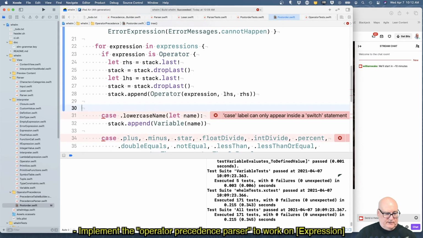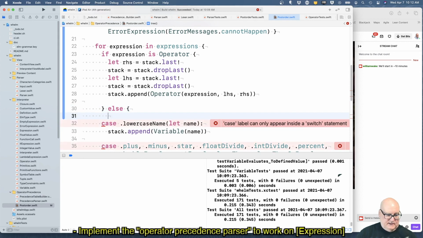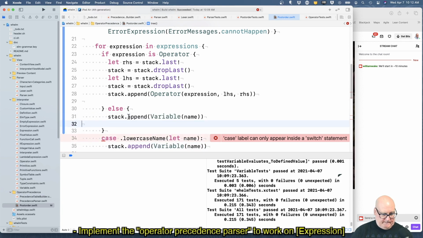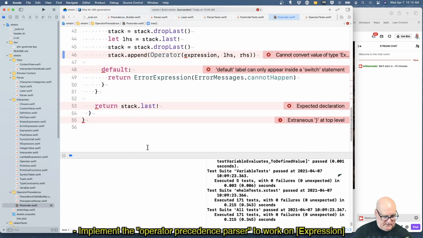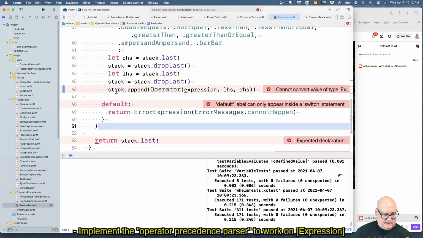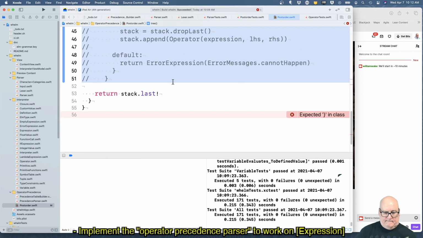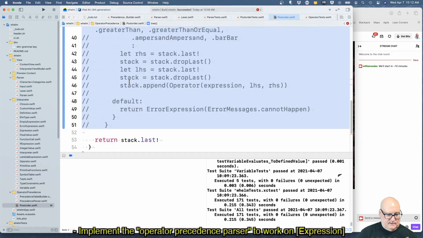If it's an operator, we do a bunch of stuff. We're not going to think too much about it. We're just going to kind of block it in there. Else, it's not an operator, and we're going to do something else. We're going to do this. Okay, we'll come back to it. All right, so all operators, we do a bunch of stuff, and then at the end, we return that. So I think these things can comment for now. And we're missing a brace.